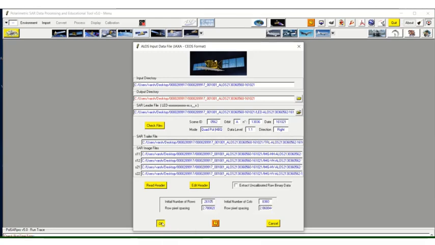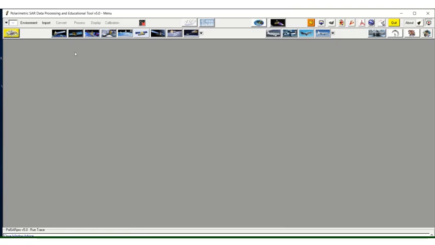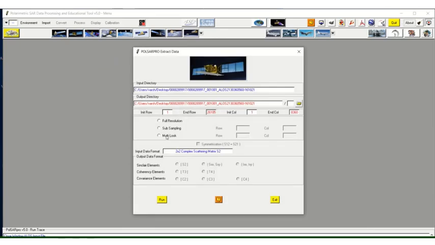Click on OK. Don't forget to extract data before running any data process. Then go to Import again, Extract, Full Resolution. Here we are going to select multi-look. Whatever factor we got from the previous software, the Sentinel toolbox, what was that? Range 1 and azimuth 2. So rows are 2